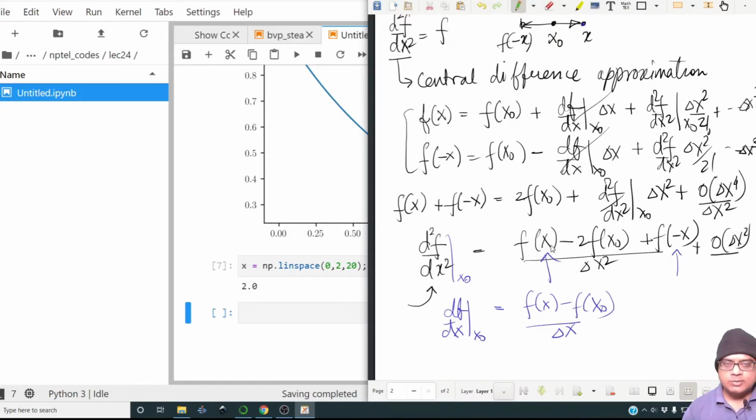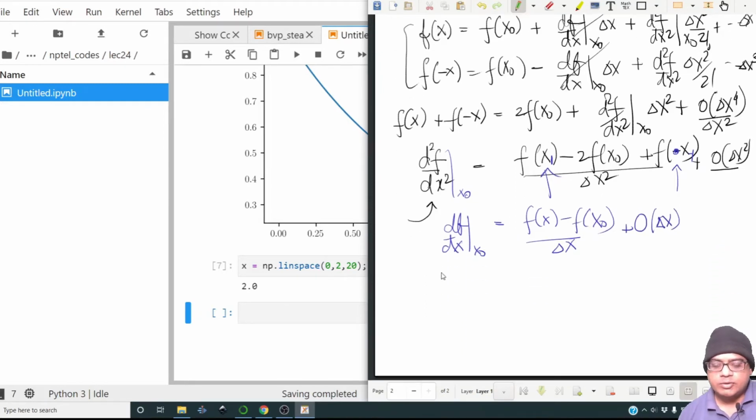So now x becomes x1 and minus x becomes x minus 1, because f of minus x is simply the minus 1th node, and x will become the first node if this node is the 0th node. So this approximation was first order accurate, but you can actually evaluate a second order accurate derivative, and the way